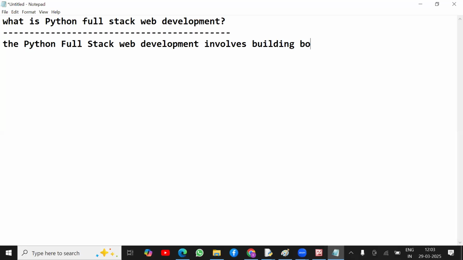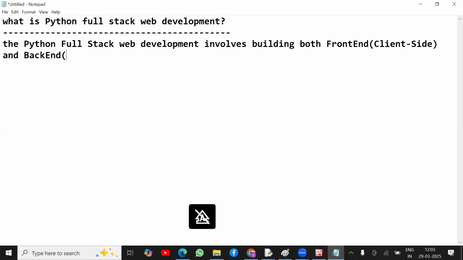Building both the front end, which is technically called the client side, and the back end, which is the server side,